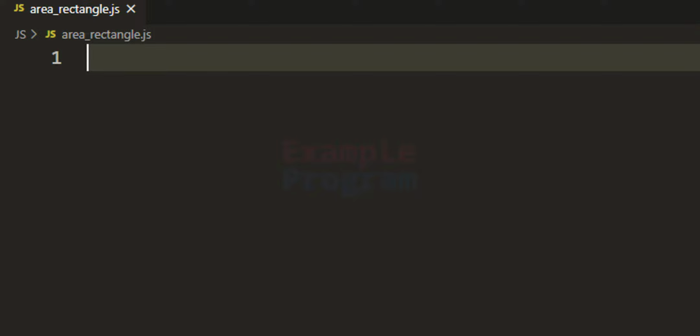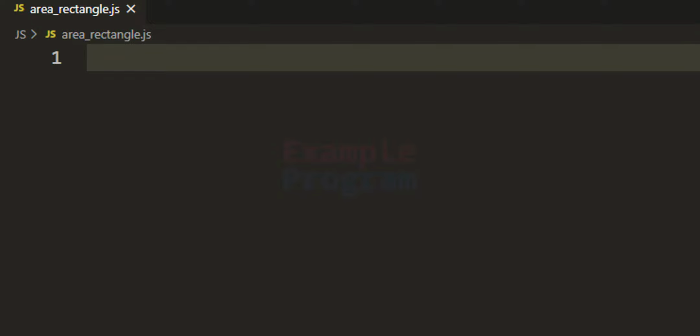In order to take the user input, here I'm using a module called prompt-sync, and I have explained in a separate video how you can install the prompt-sync module on your computer so that you can use it for taking the user input. Everything about getting a prompt function by using prompt-sync is explained in there. I'm gonna put the link of that tutorial in the description box. You guys can check that out.